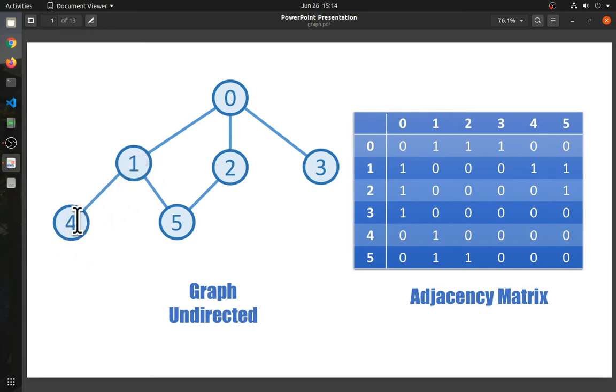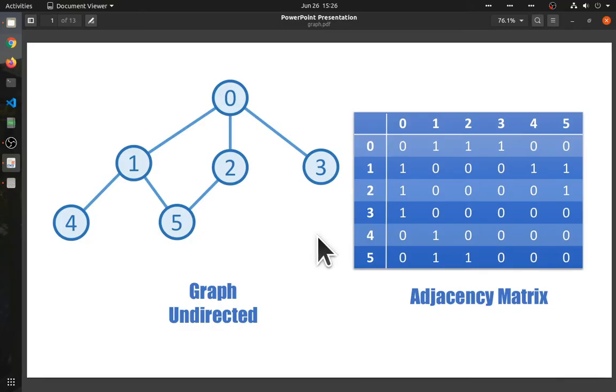So the algorithm falls back to the previous node and looks for any new connected node to the previous node. If there exists, the same procedure is repeated, and if there is no node, the falling back continues. So this is how the whole graph is traversed in DFS algorithm.